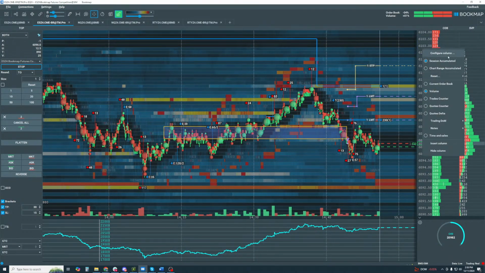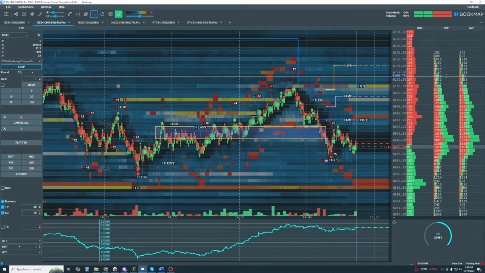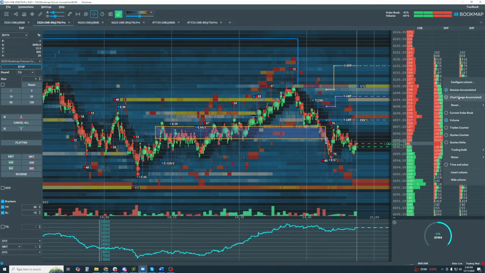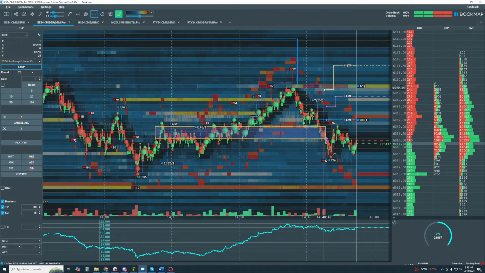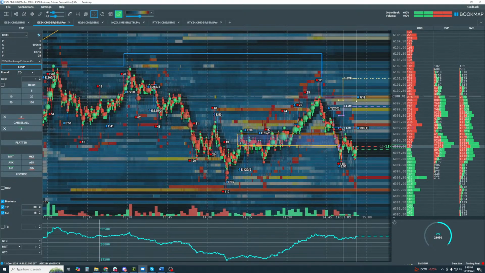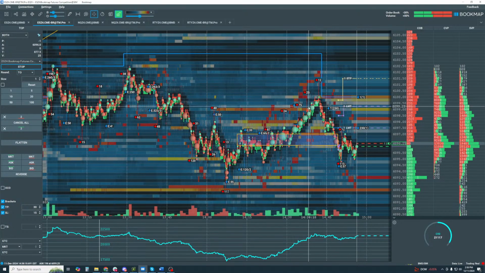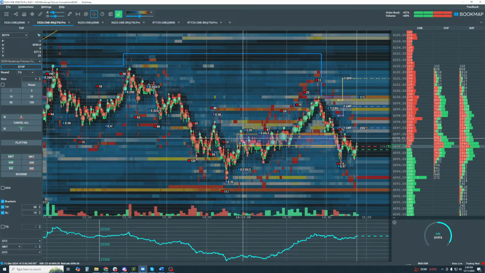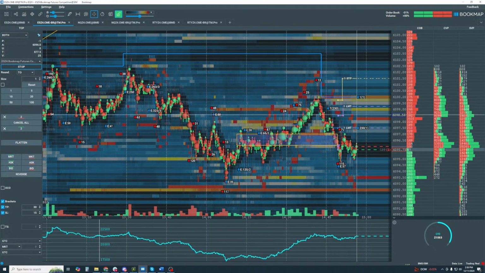I'm going to add another column in here. Make this one a CVP column. All right, so that's kind of an interesting idea as well. So the most traded level here at 96, and price has been pretty comfortable at that area. The profile shows us all these transactions, so we know that price can come up to here pretty easily,